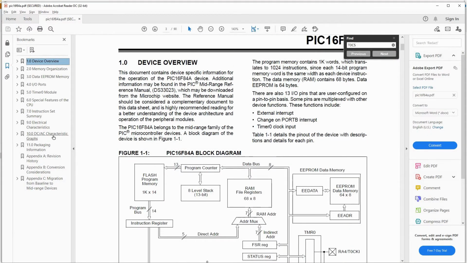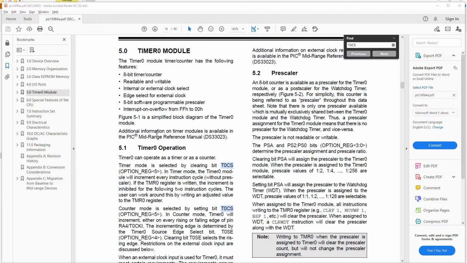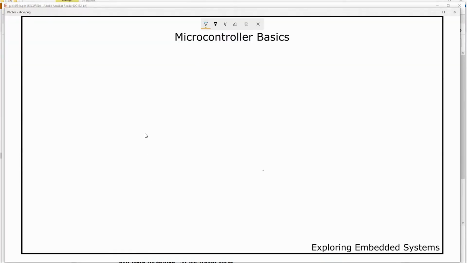I think this has only one timer. So now let's understand what a timer is. In this case it's an 8-bit timer. If you see, this is a timer module, and this is an 8-bit counter. It can count from 0 to 255, and after 255 it will roll over to 0, and when it rolls over it will generate an interrupt.